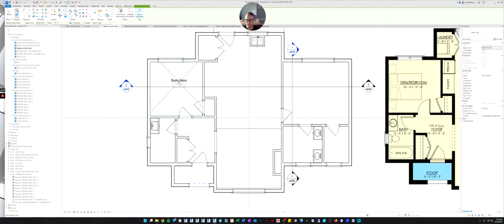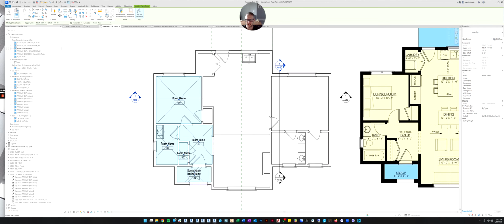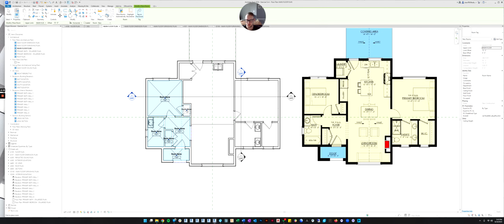But let's do the other rooms for now. So I usually try to click in the middle. And it's not only placing the room object, but it's also placing the room tag along with the room. And do you see how once you've placed a room object, it turns blue? That's what we want for the entire house.